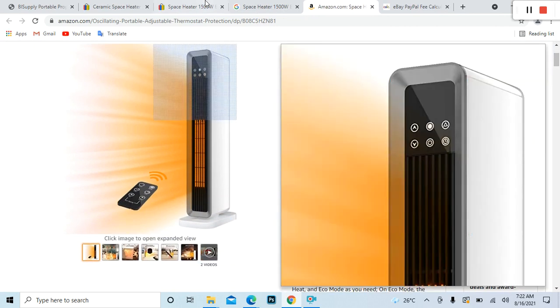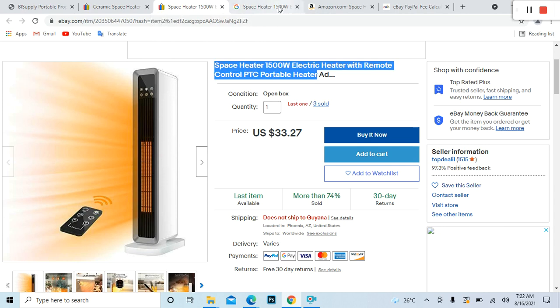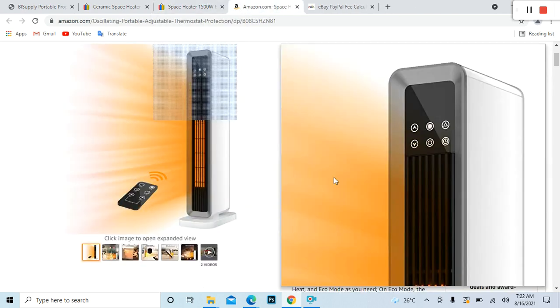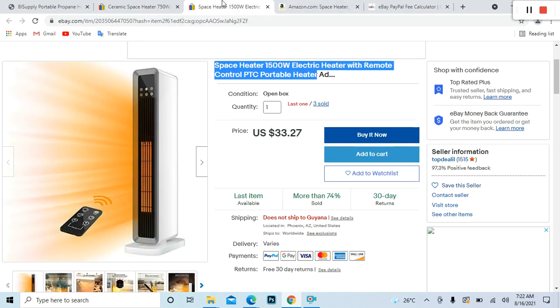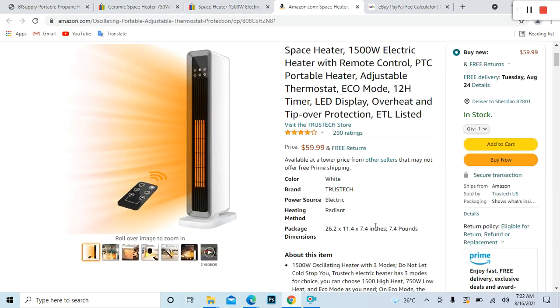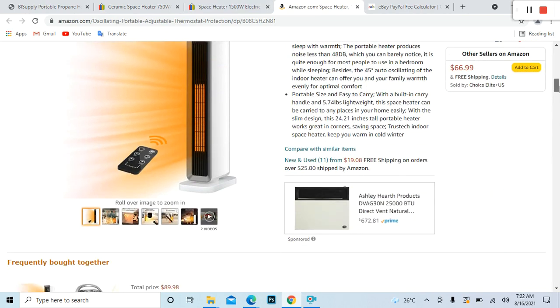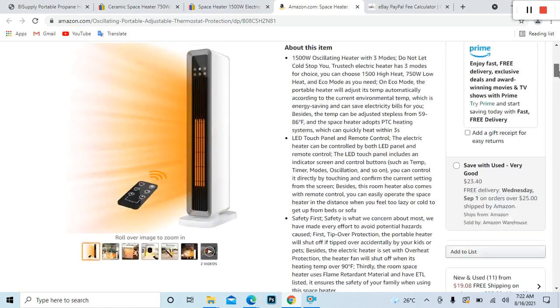Here we can see it looks exactly the same with the remote, so it's safe to say that this person has this item from Amazon. However, as you can see, the price range here,